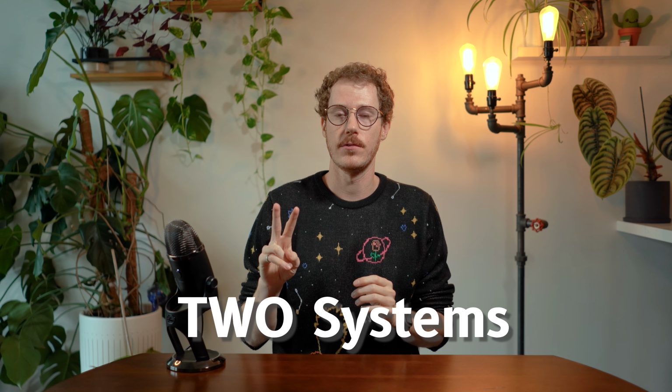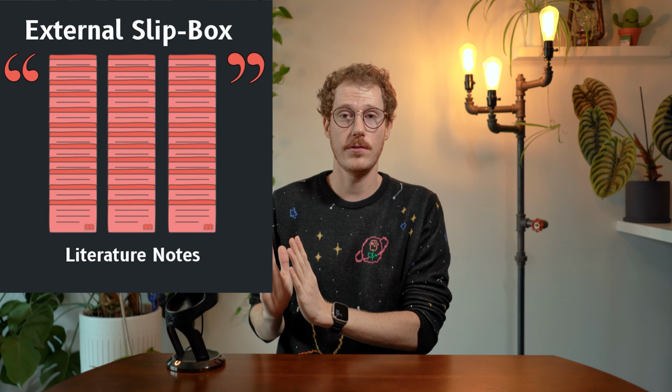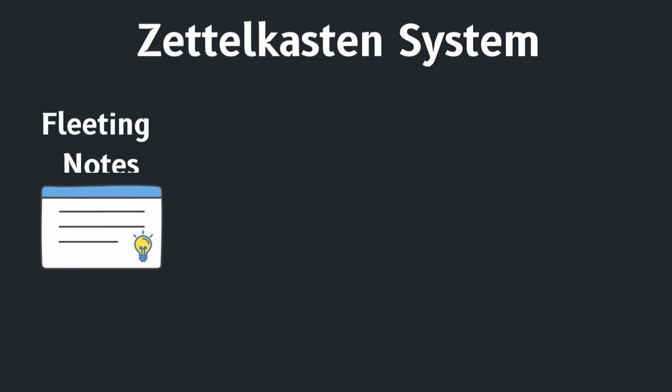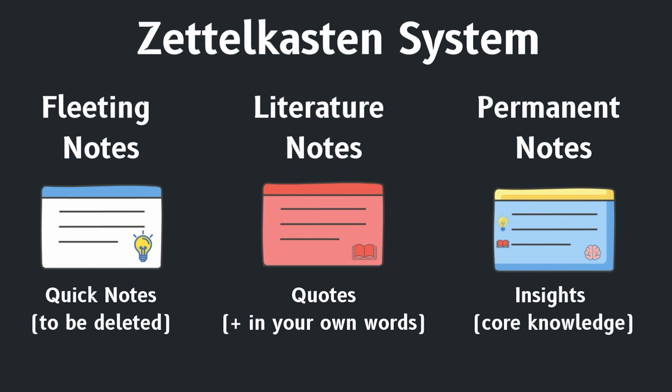To simplify Zettelkasten as much as possible, it's easier to think about it as 2 different systems. We have an external management system and an internal management system. The external system helps you keep track of sources and information from outside of yourself, and the internal system is more of an idea generation box, something that's based solely on your own ideas and insights. The goal of Zettelkasten is to keep track of where information came from and your own ideas so you can build on external information with your internal ideas.